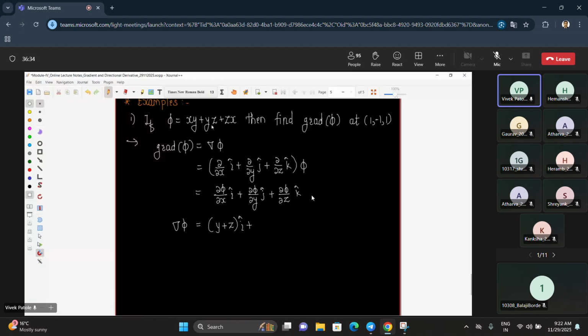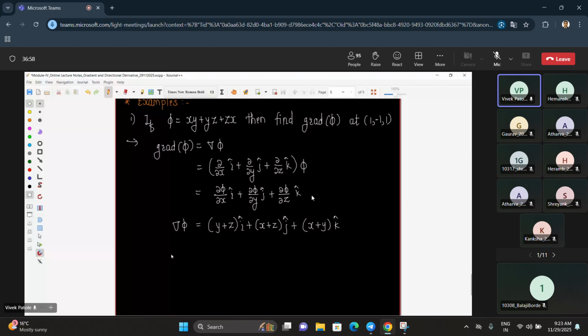Now differentiate phi partially with respect to y. What do we get here? It will be x plus z j cap, and then x i plus x y k cap. Okay, so this is how we evaluated the del phi, and now evaluate the del phi value at